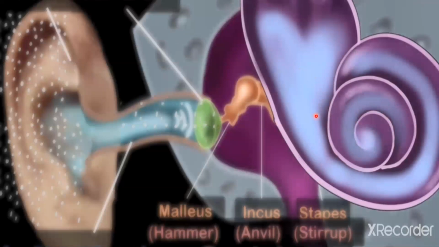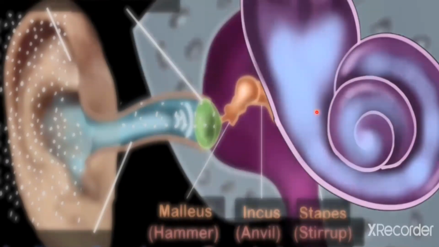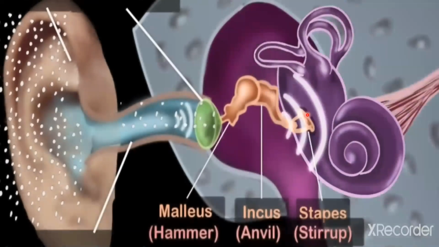Fluid is present in the middle duct, and receptor cells are present there. Then these vibrations reach the fluid-filled middle duct of the cochlea. The fluid of the cochlea is moved and receptor cells are stimulated. The receptor cells generate